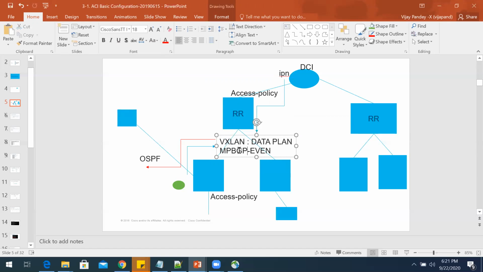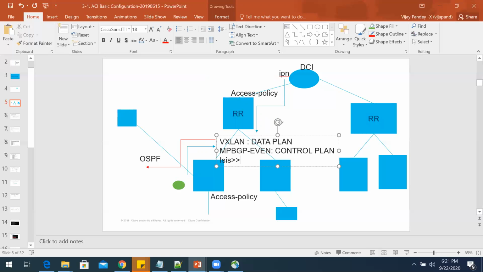So L2 over L3. EVPN is providing the scalability for the VXLAN to send your L2 traffic over the L3 underlay. Okay, so these are the protocols, and the